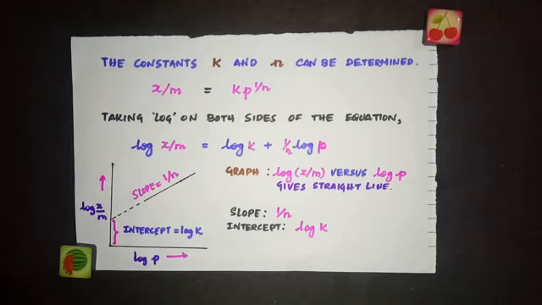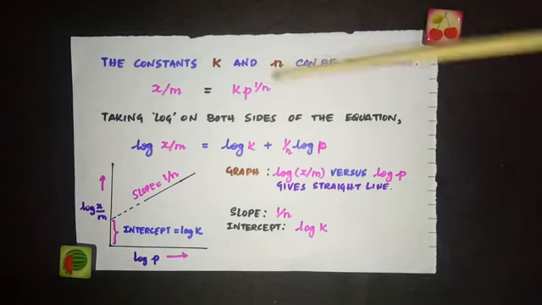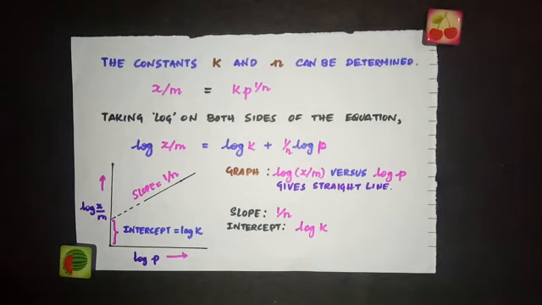So what is an adsorption isotherm? It's a plot of graph between the extent of adsorption of gas on a solid and the pressure of the gas at constant temperature. And we call this the Freundlich adsorption isotherm. This tells you about the dependence of extent of adsorption on the pressure, which is given by this expression: extent of adsorption is equal to K into P power 1/n.